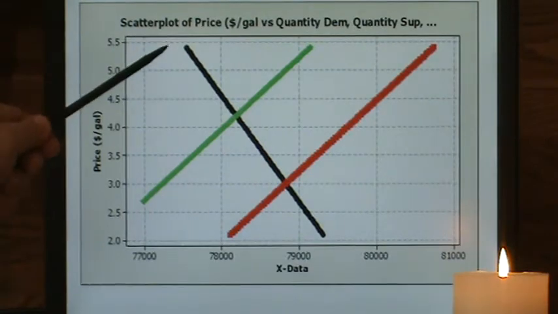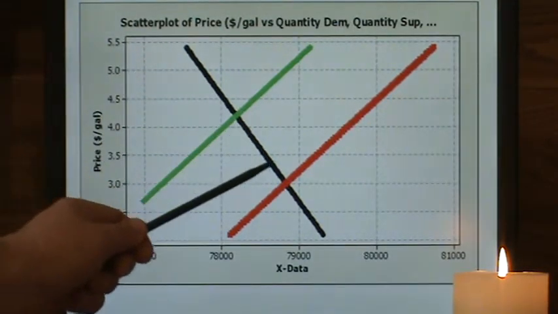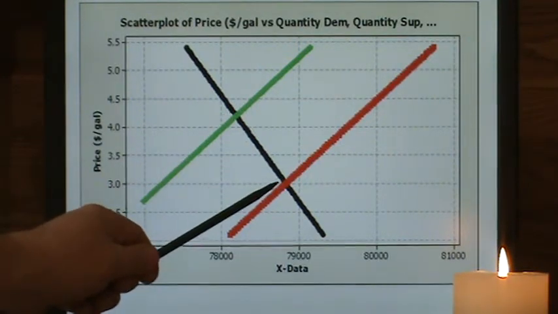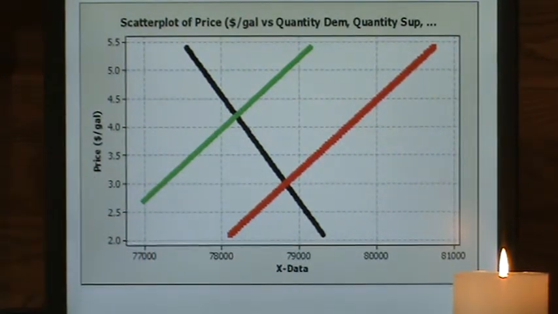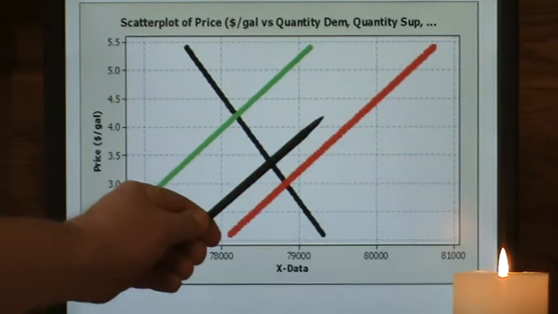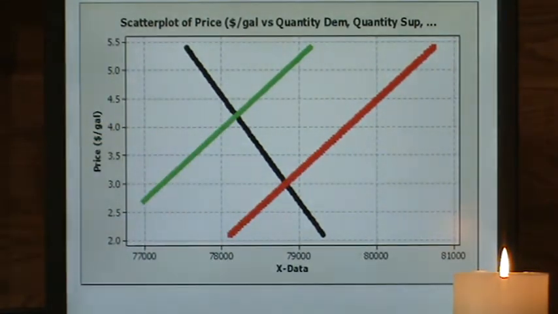In fact, we have our original downward sloping demand curve, and that has now been unchanged. Consumers don't want to buy gas any less, except for the fact that they will buy less because of the higher price, but the curve itself has not shifted. The original supply curve, however, has shifted upwards and to the left. Suppliers are saying we are no longer willing to supply as much to the marketplace at those old prices because we have added costs. We have to remit this $2 per gallon tax to the government.